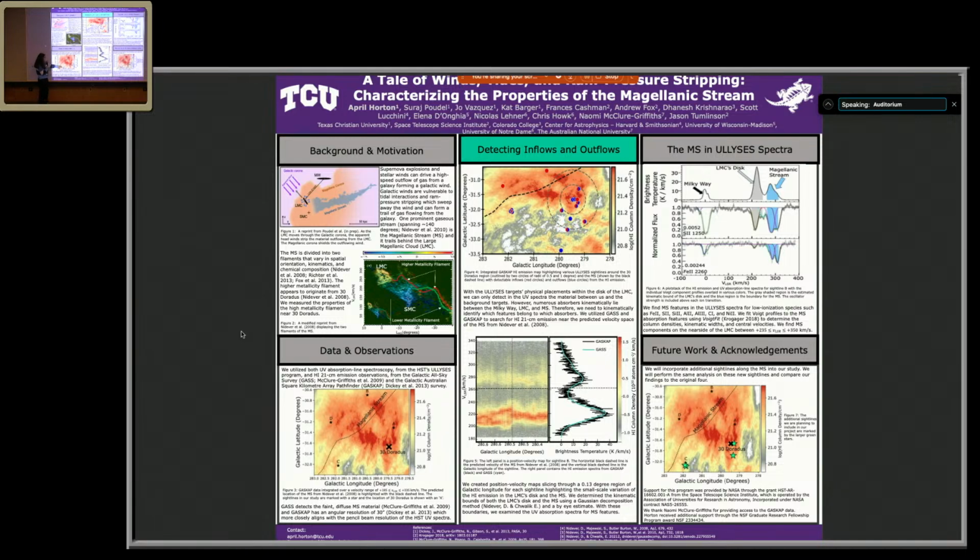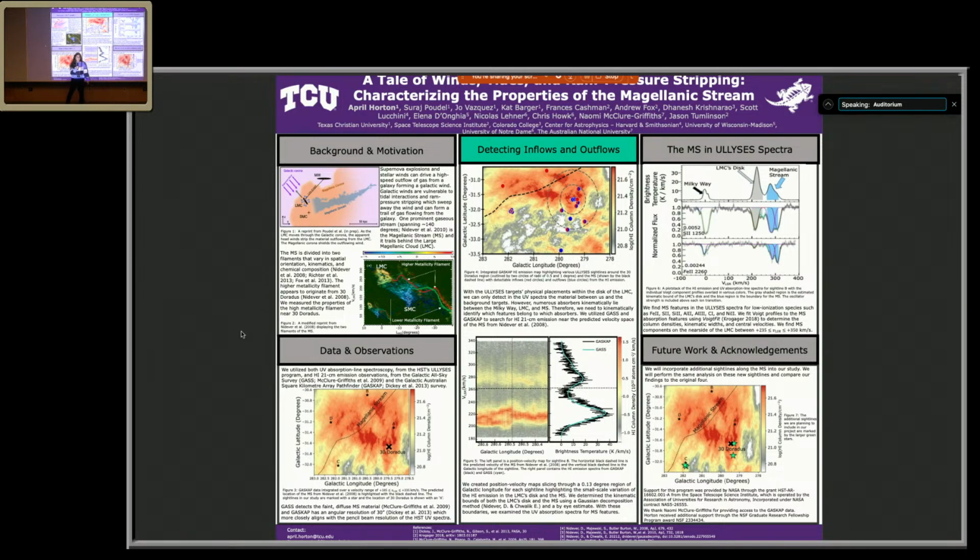So I selected 4 different sightlines from the Ulysses program that are around the predicted location of the Magellanic Stream from the Nidever et al. 2008 paper. What I did is I looked at the HI emission and constrained the kinematic bounds of the LMC's disk and the predicted location of the Magellanic Stream. And using those velocities, I looked at the low ionization species in the Ulysses spectra for signatures of the Magellanic